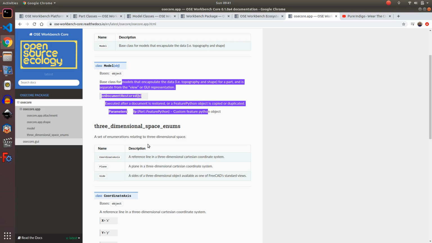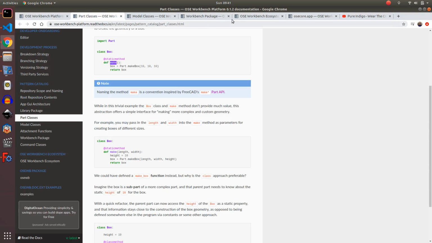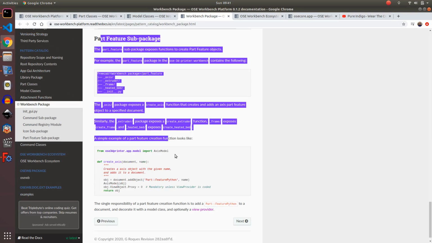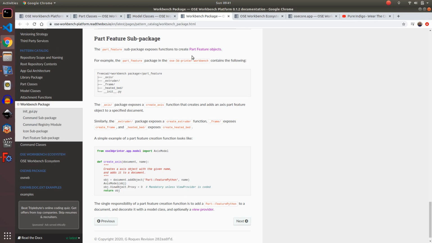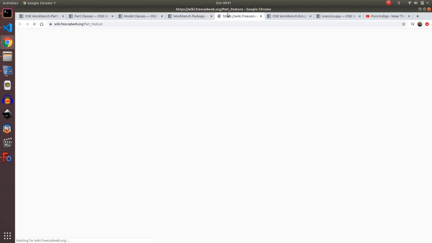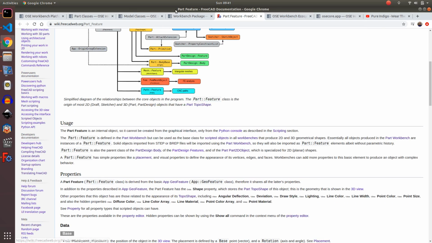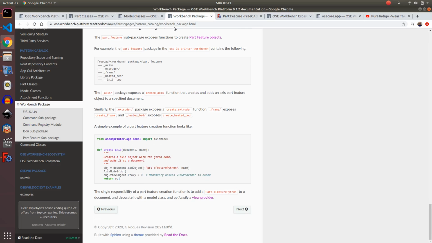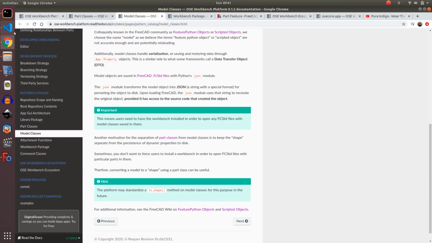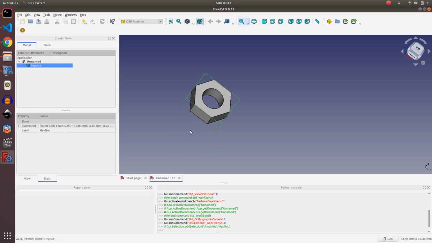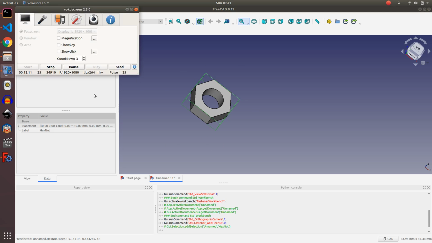I know it was a lot. I'm going to refer you to the documentation where we talk more about the part feature creation function. There's links to the FreeCAD wiki for additional information on what this stuff is. And in the next one, we're going to take one more step to actually add those properties so we can start changing some of these parameters after it's been created. Thank you for watching, and I'll see you in the next